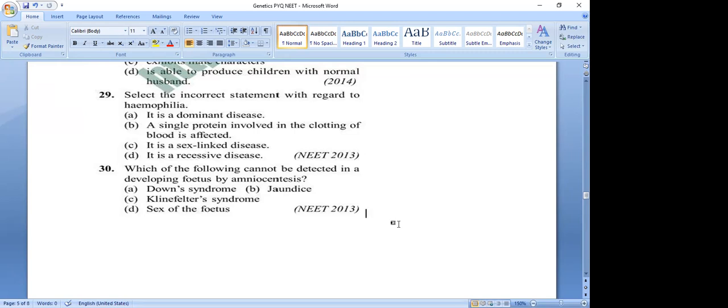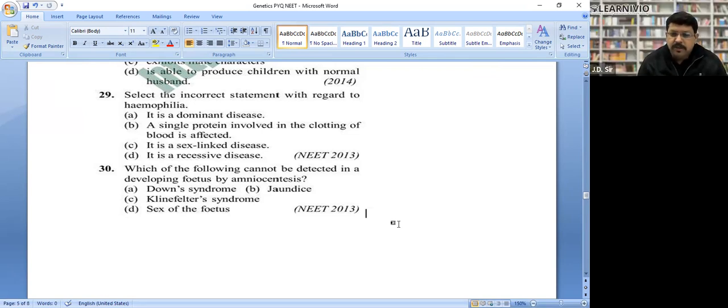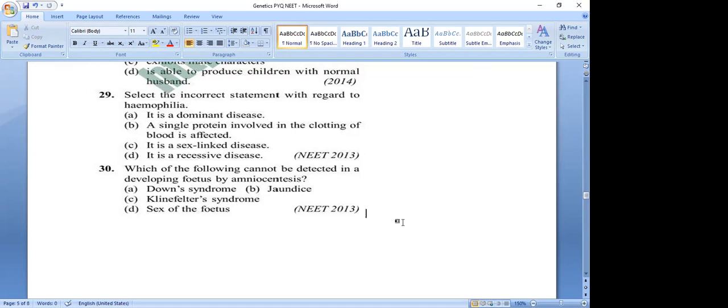During the last month, what happens? Sometimes, not always, transfusion of the blood does not take place from the mother to the fetus with the help of the placenta. Sometimes, at the time of the birth and just before the birth, transfusion of the blood takes place through the placenta. That's why the jaundice takes place. Right. Okay. Very good.